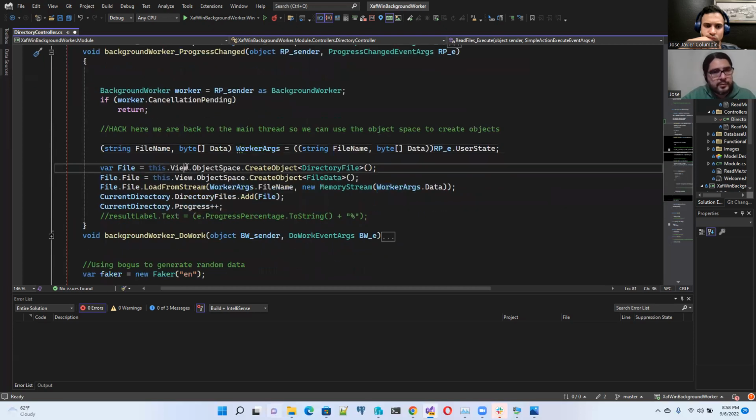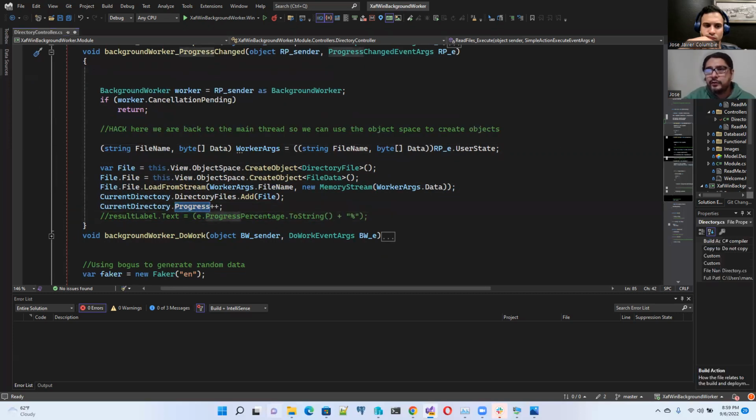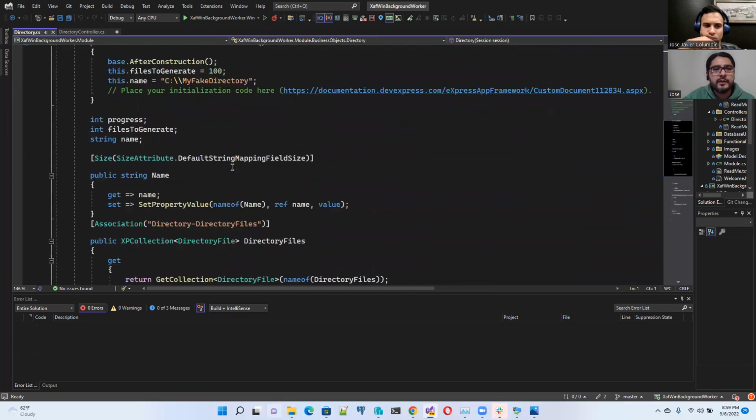And here I can use the object space and everything like in a normal XAF application, because I'm back to the main thread. And as you can see here, I create the file, then I create the file data, then I load the information, set the file name and the memory stream, and then I change the progress bar. I do plus plus to do the next step in general, because if we check the directory object, in here